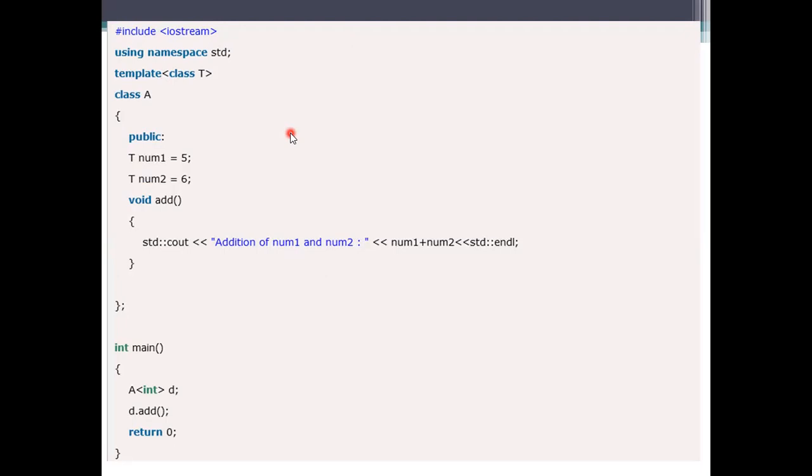If we go for accessing the function template or the class template, if you consider the class template, it is taking the class name, the type name you mentioned, and the object you are using here. If you want to access multiple data types, you need to take multiple representations of the classes, that is, the object creations here.